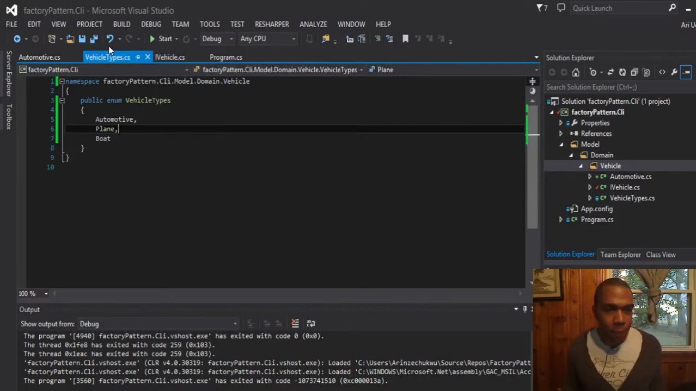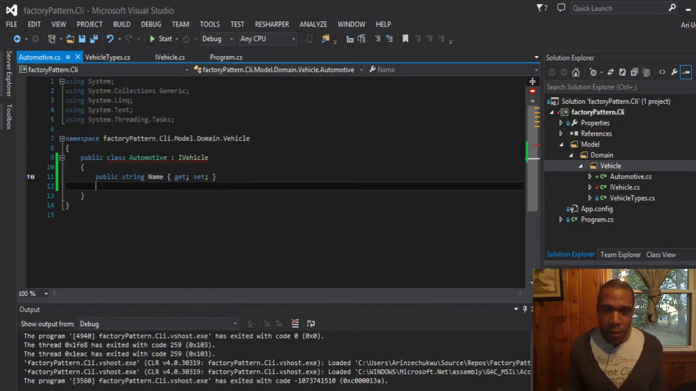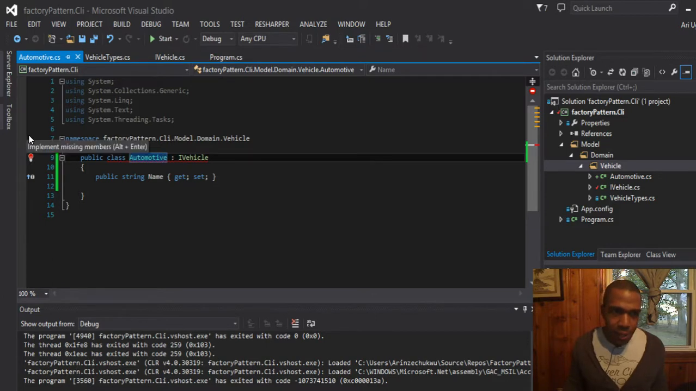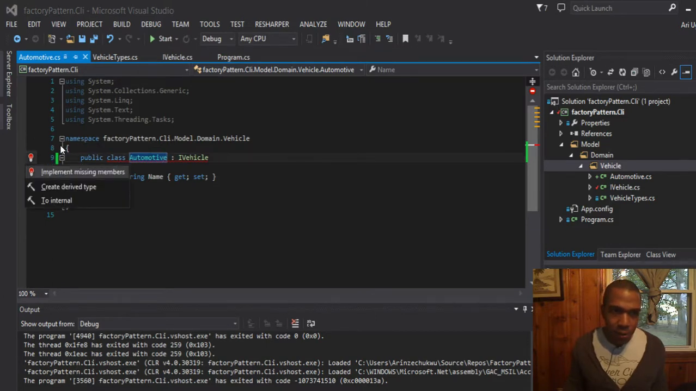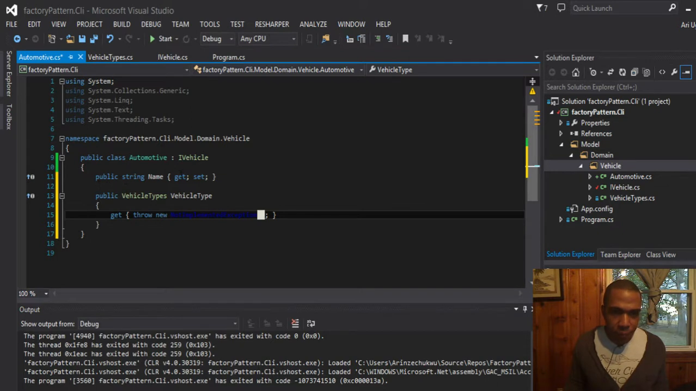All right. So now that I've changed the contract, when I come back into Automotive, it's once again in fault. So I'm going to go ahead and implement the type. And so you'll see now that it's only brought in my getter because that's all I have access to. So for get, I want the automotive to always return,